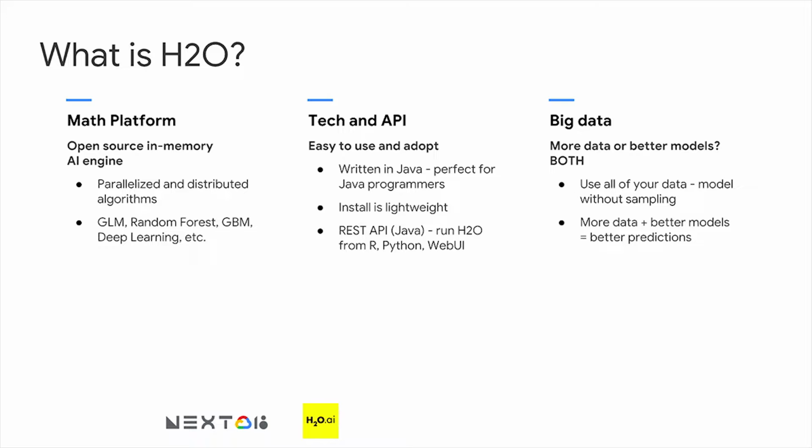And that really works well in the Kubernetes and KubeFlow paradigm too. When you are training on small data on your laptop, for example, and then you want to burst to cloud for a much larger data set, it's extremely easy to do that. It is written in Java, but we do offer a really robust REST API that allows you to run it from R, Python, or H2O Flow, which is our own web UI. And of course, it is built for handling big data. People have run terabytes of data and even gone into hundreds of terabytes of data without an issue. You can use all of your data. You don't really need to sample. That's the real value proposition of H2O.